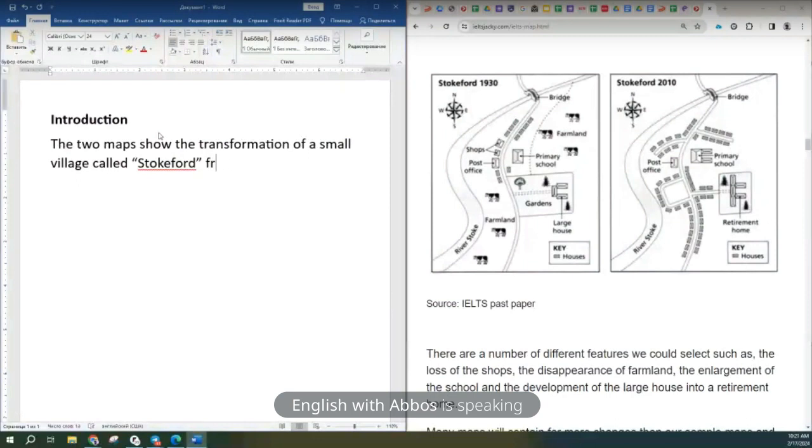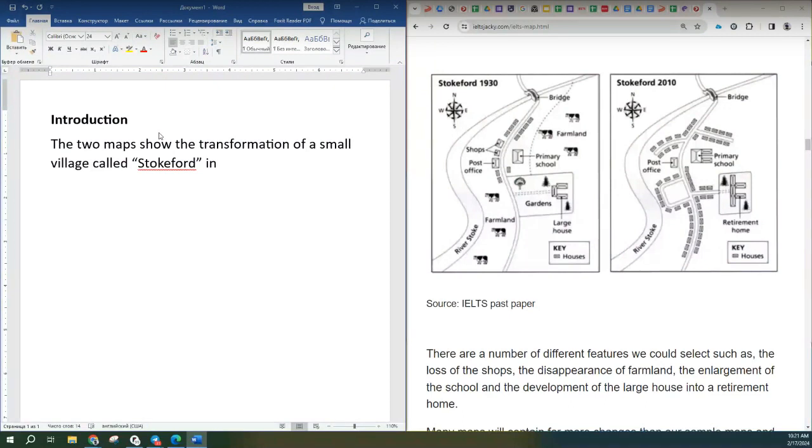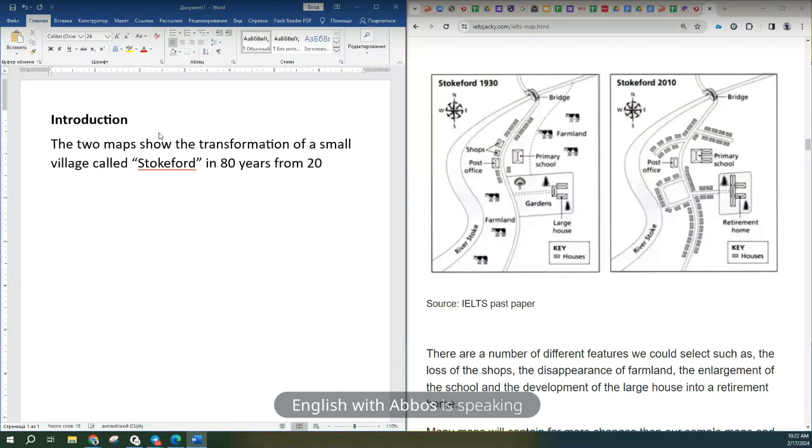from, no, transformation of small village called Stokeford in 80 years, from 1930 and 2010,